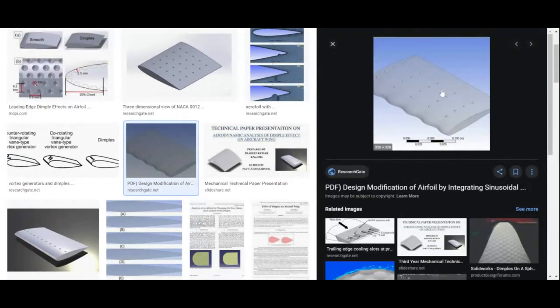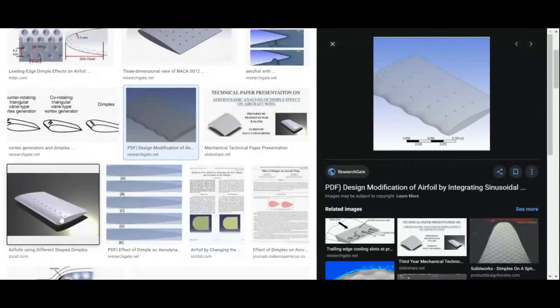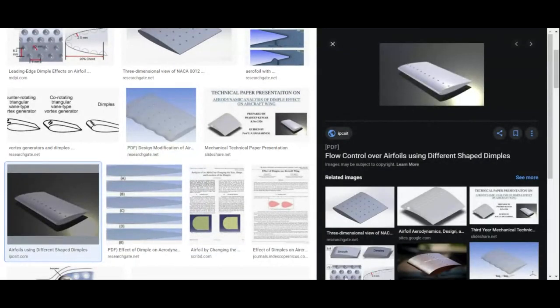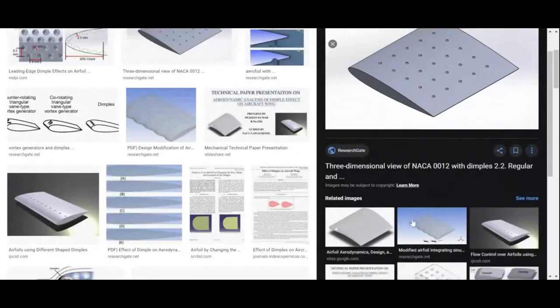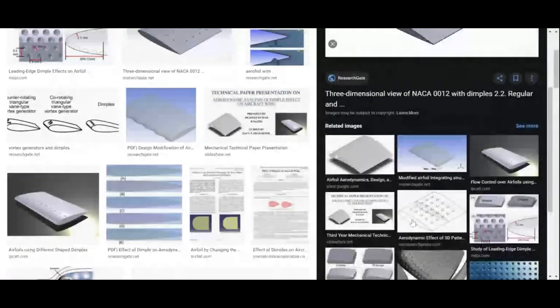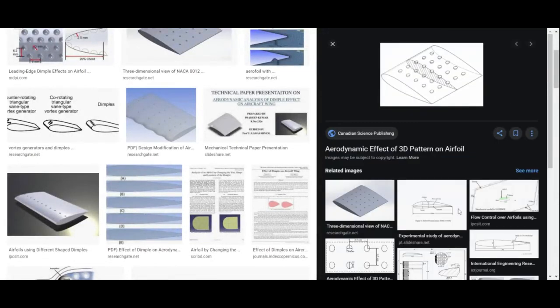You can see in this image also, various types of research have been done with making dimples, and they have found better performance than the non-dimple wing structure. So this is one way we can control the boundary layer, and by this way we can attain CL maximum also. Right, so I am stopping there.